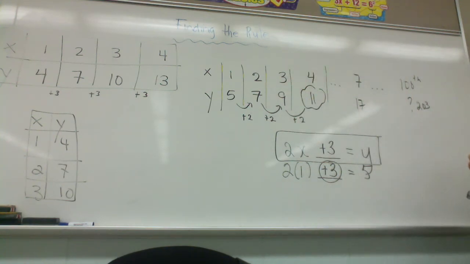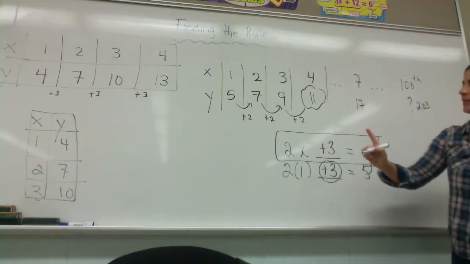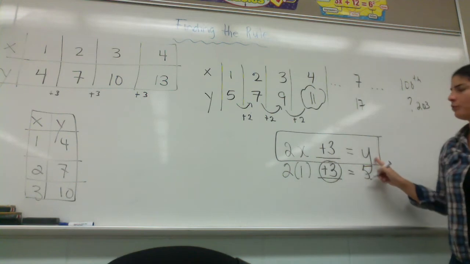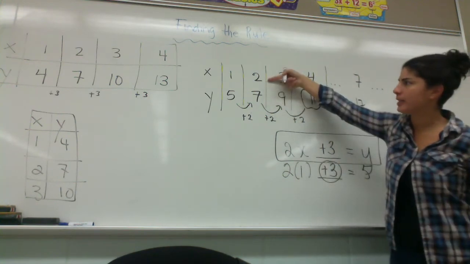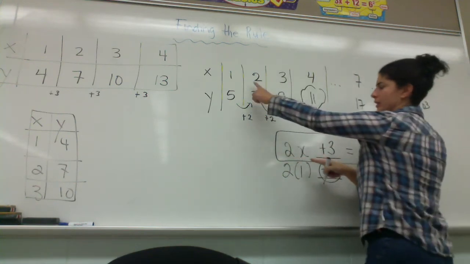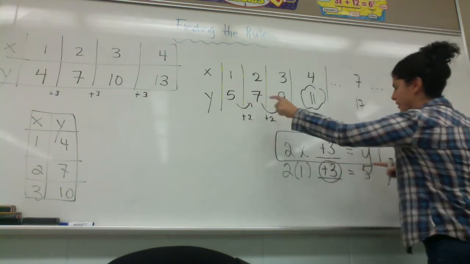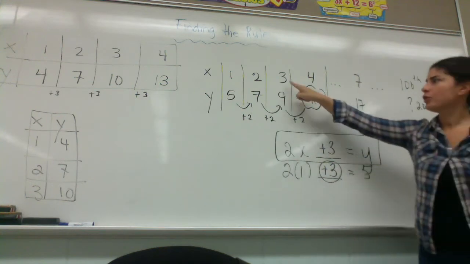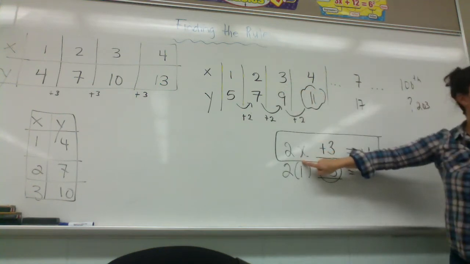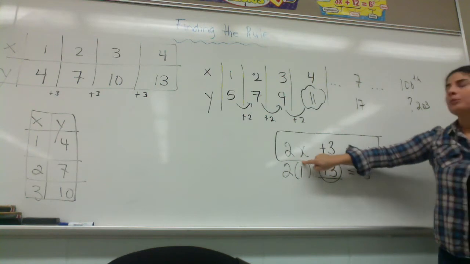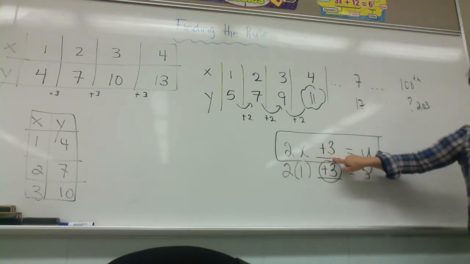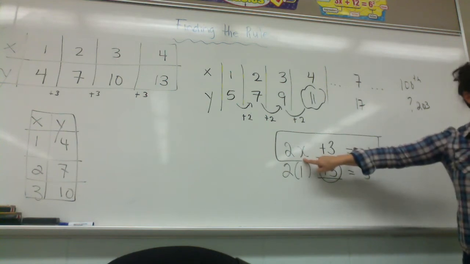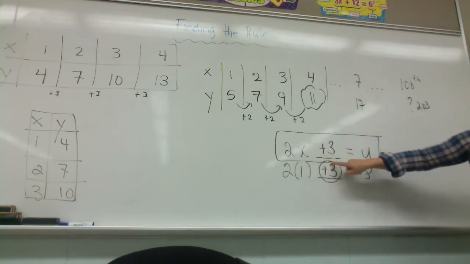What does it mean? Well, it means that every time I replace the x, I'm going to get the output of y. So 2 times 2 is? 2 times 2 is 4 plus 3 gives me the y. 2 times 3 is 6. Plus 3 is